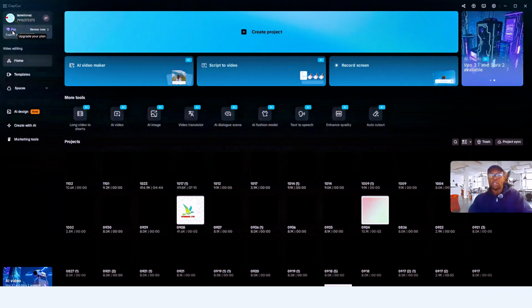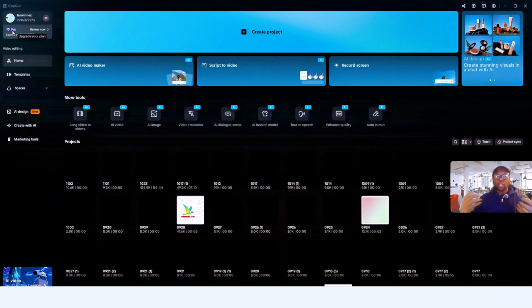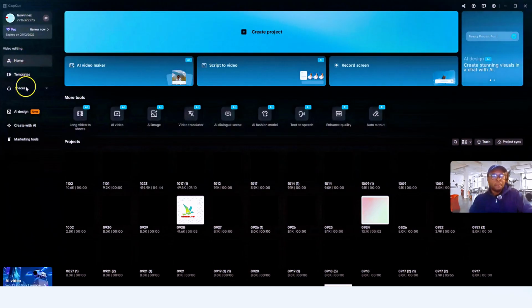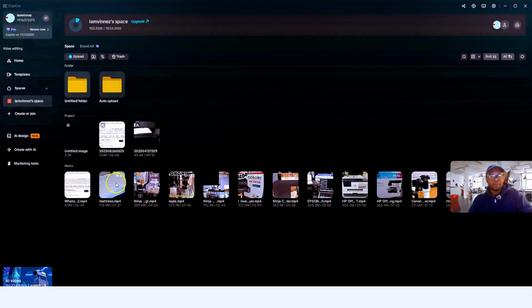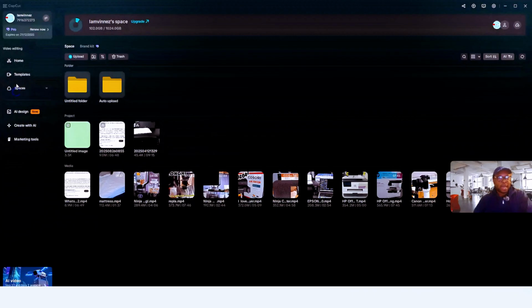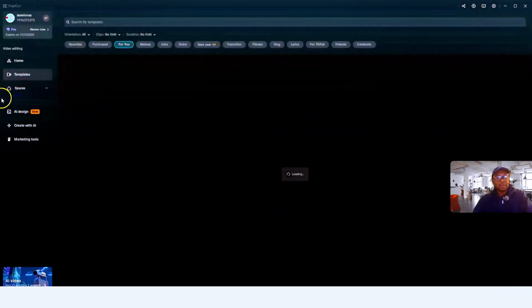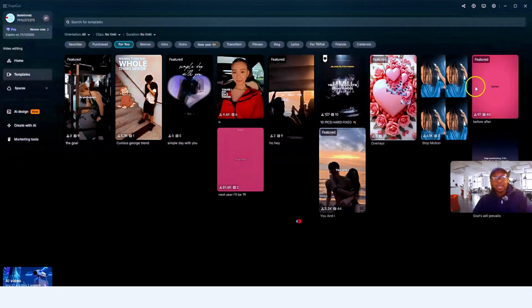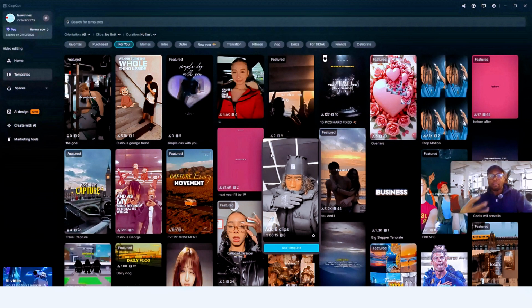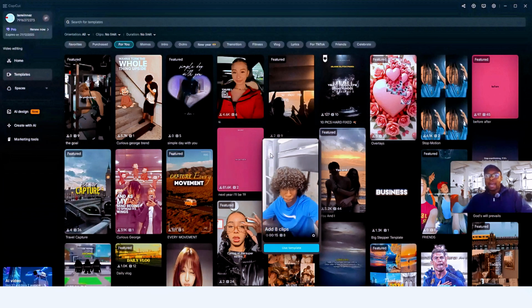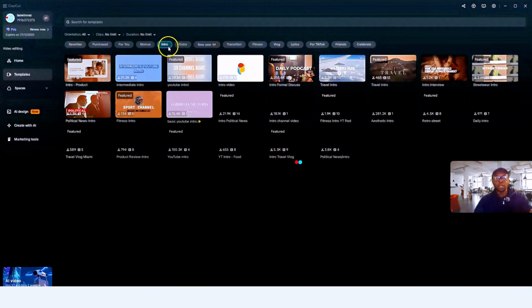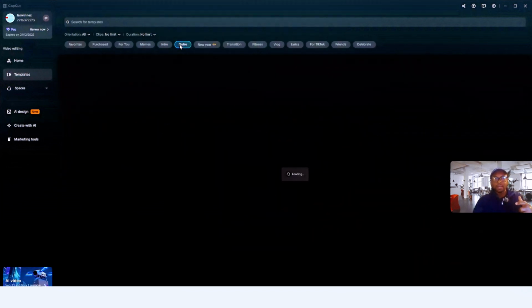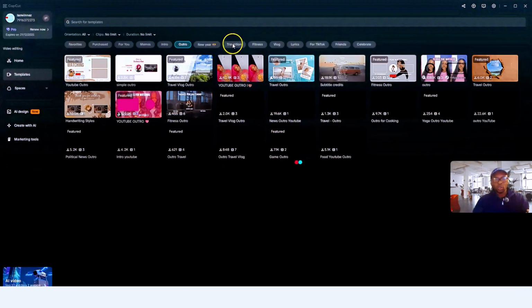I'm using Pro version. So CapCut, you got free version as well, but also you got Pro version. The Pro version gives you a lot of tools to use. It will also show you home, template, and space. So this is my space. With space, it will show you the videos you have created before, create or join, space, templates. And these are templates. You can bring these templates to your timeline and work on it. Edit it. Intro templates, outro templates, and also transition